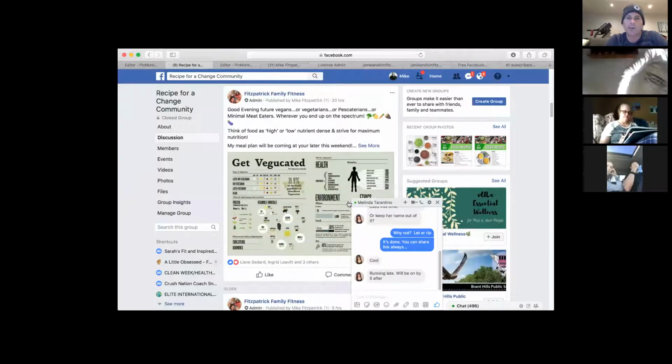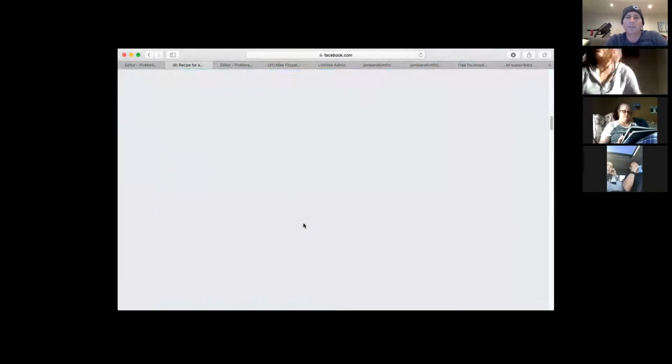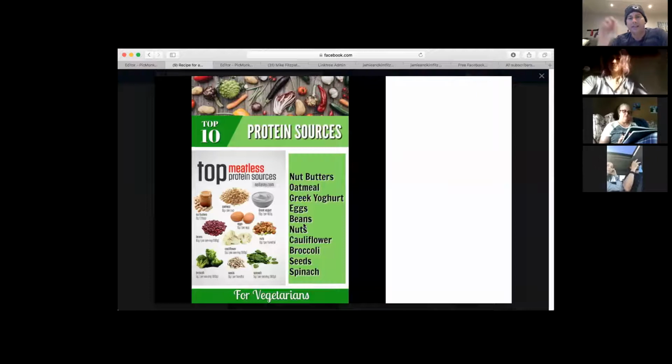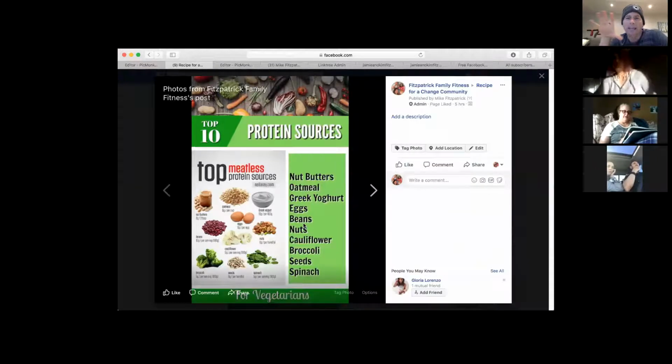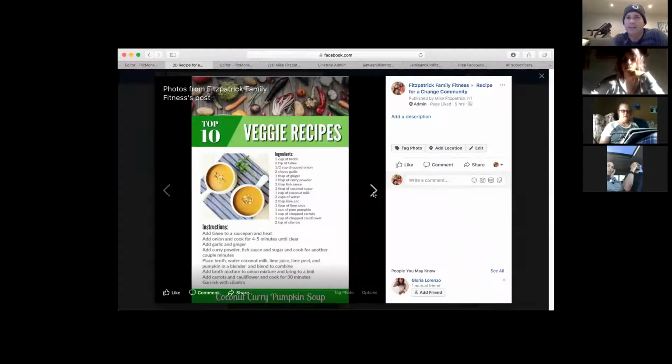I'll show you kind of what it looks like. What we're trying to do is create slides within the group that make it look a little bit more professional. This is a template that we got out of PicMonkey, and we're just adding some things to it. We're sharing a PicMonkey account, and then we'll put all the stuff on there for you.